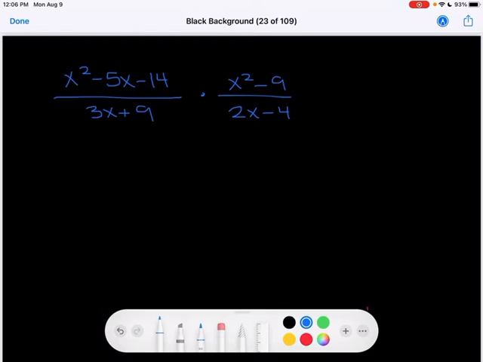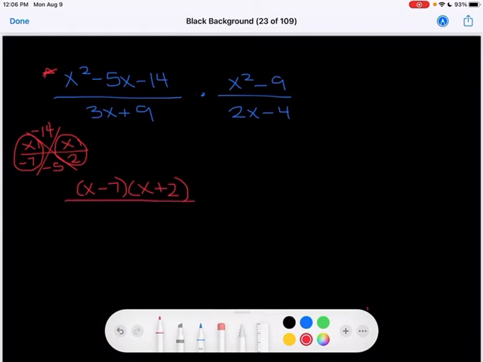Okay, so this x squared minus 5x minus 14, I can do the asterisk with. I get 1 times negative 14, which is negative 14 on top. B is negative 5, and then x and x. In this case, negative 7 and 2 are going to work because negative 7 times 2 is negative 14, and negative 7 plus 2 is negative 5. So this factors into x minus 7 times x plus 2